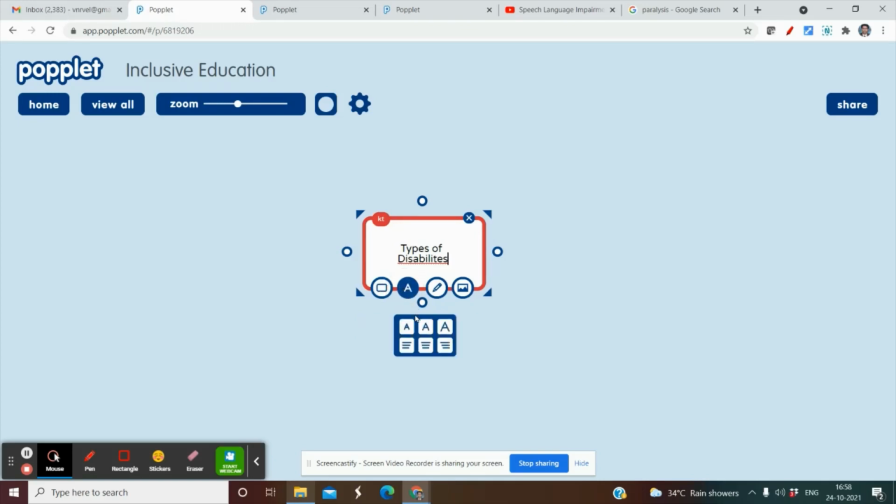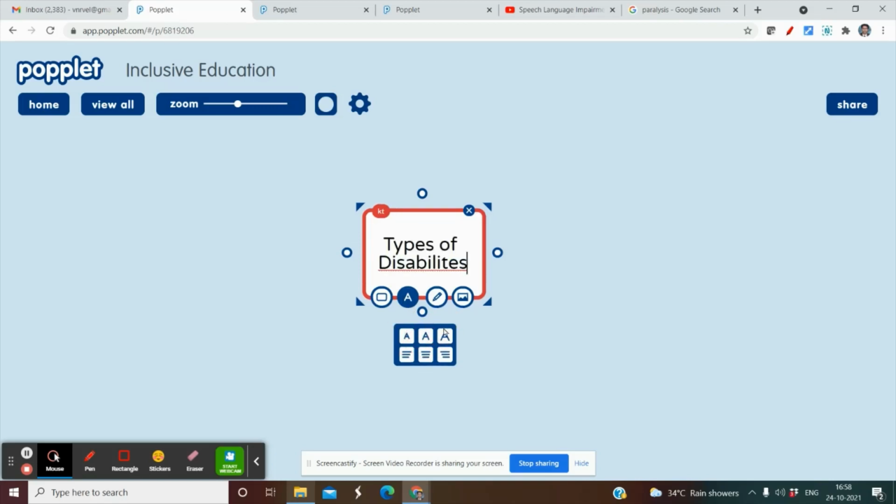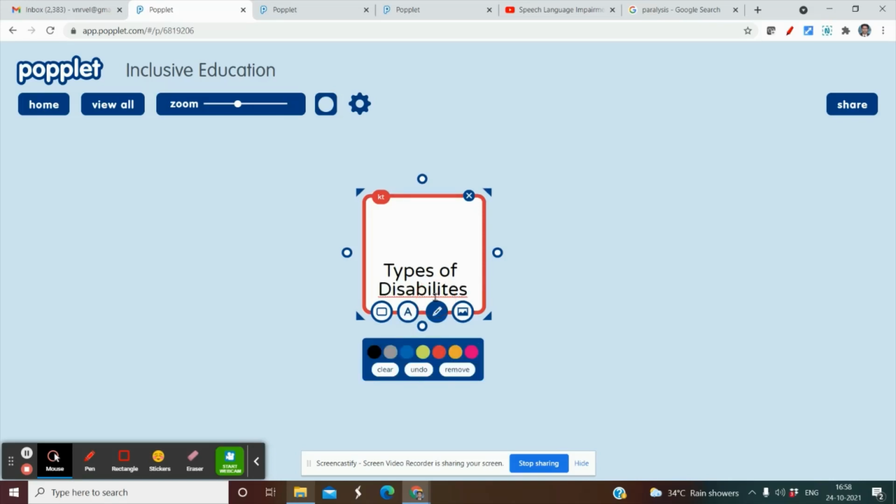So this is a text. You can select small, medium, and big type of text. Okay, you can get the alignment also, and this is the color. Okay, and you can insert a picture. So if you have already downloaded the picture, you can go here, or if you want to insert any URL, you can go here. So you can insert video by using this YouTube, and this is Vimeo. If you have a Vimeo URL, you can use this.